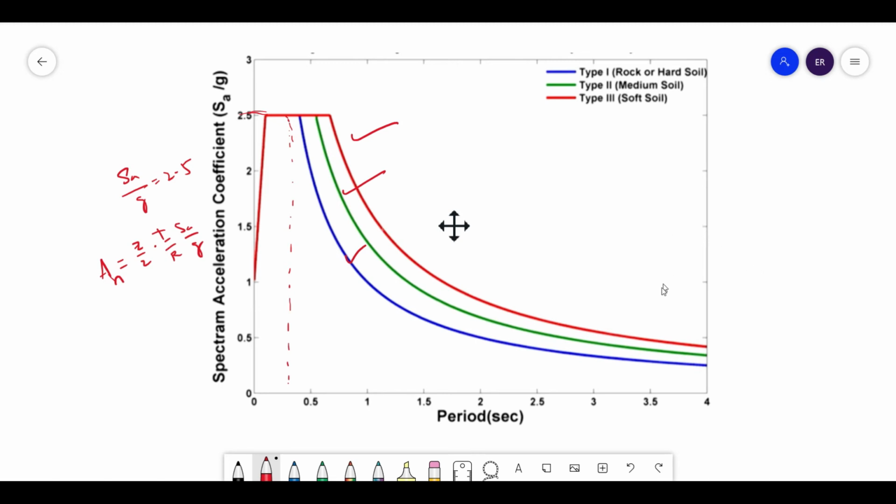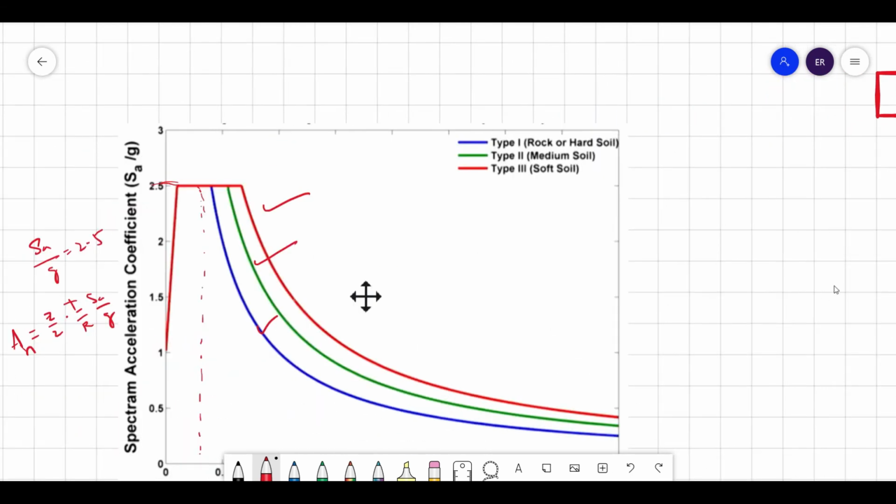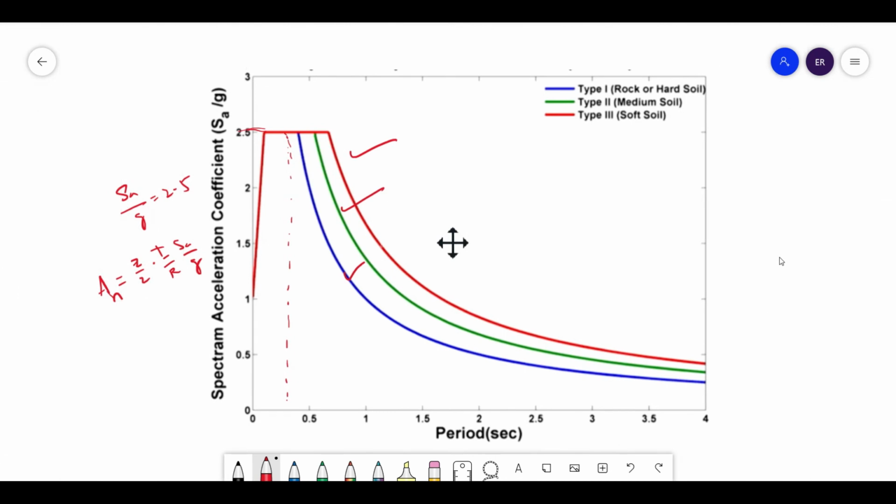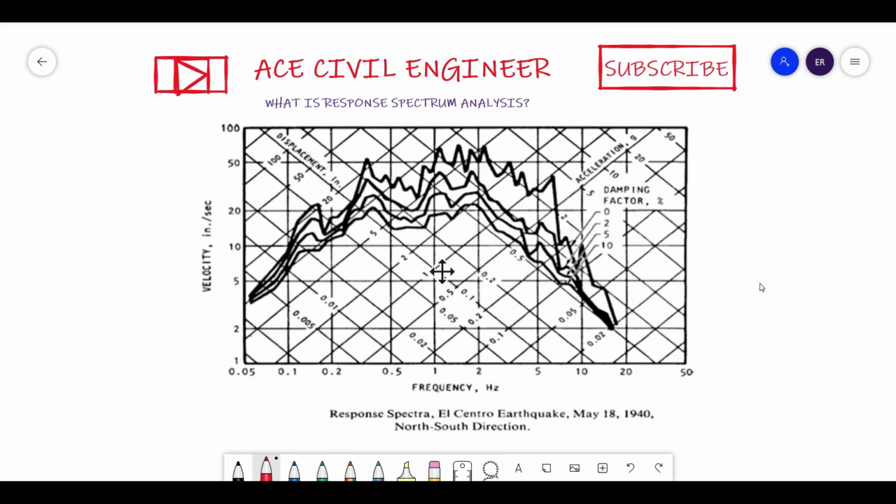Now friends, instead of showing this response spectrum in three different graphs for acceleration, velocity and displacement, these three can be shown in a single plot. Such plots are called a tripartite plot. So that tripartite plot would be something like this. This is a tripartite plot. So that I will spell it out here.